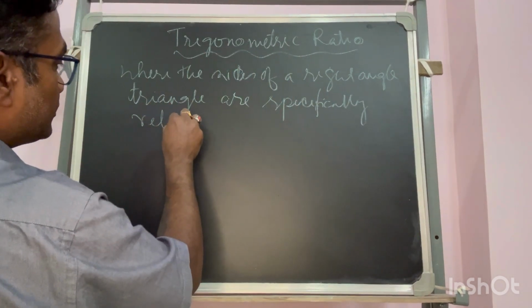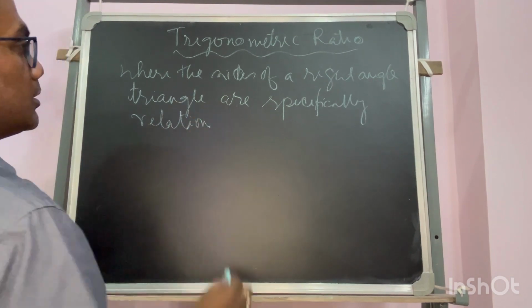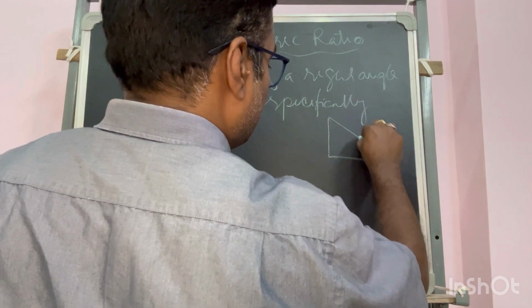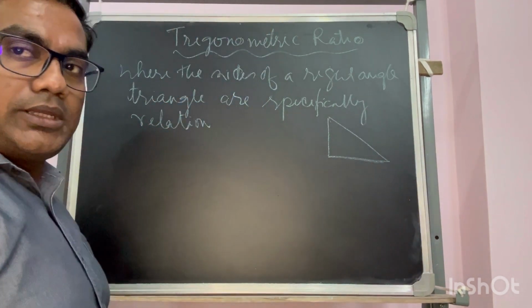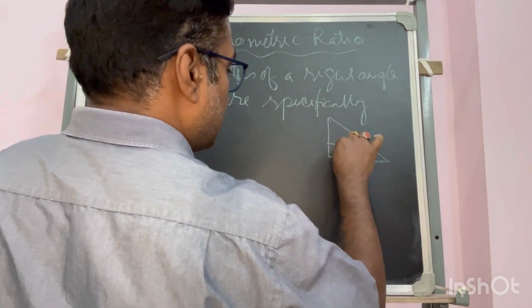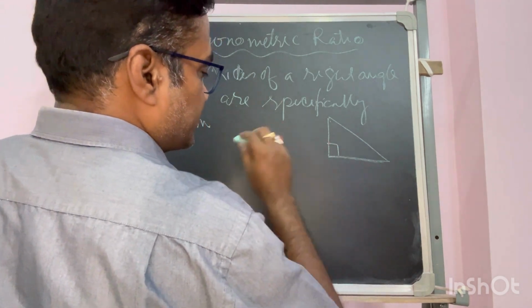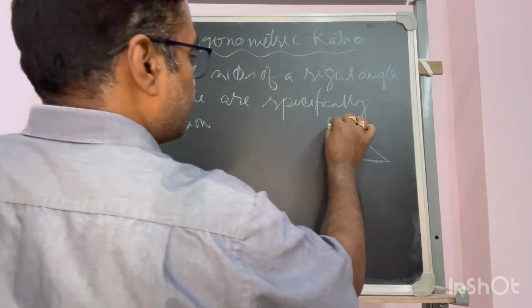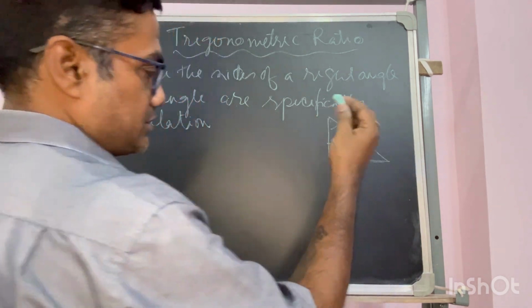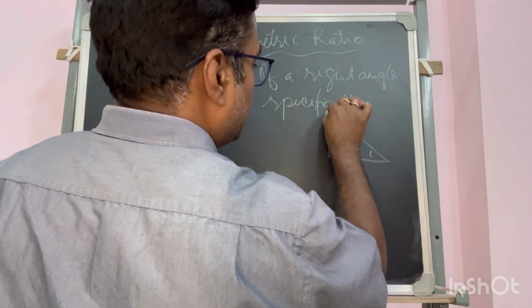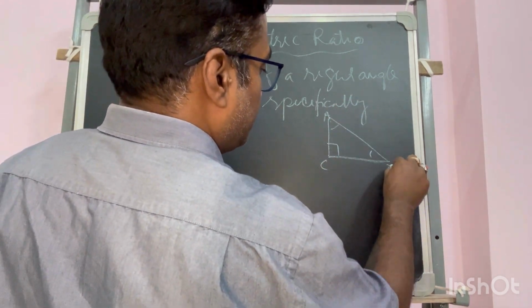Okay. In this case we will consider a right angle triangle. You know what is a right angle triangle? Any triangle whose one angle is 90 degrees is called a right angle triangle, and this angle will be the maximum angle of that triangle. The other two will be acute angles, that means these are less than 90 degrees. So specifically, if I name it ABC,